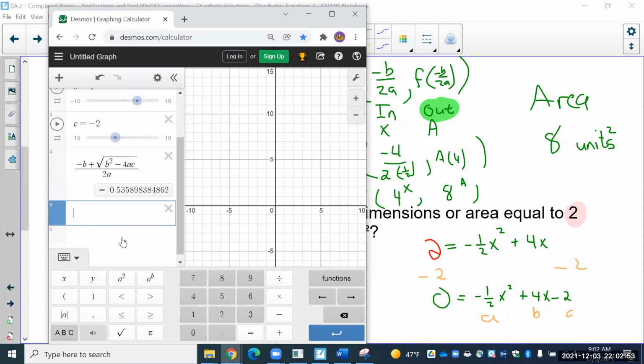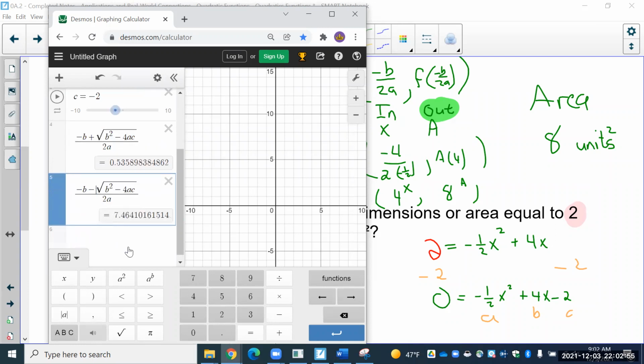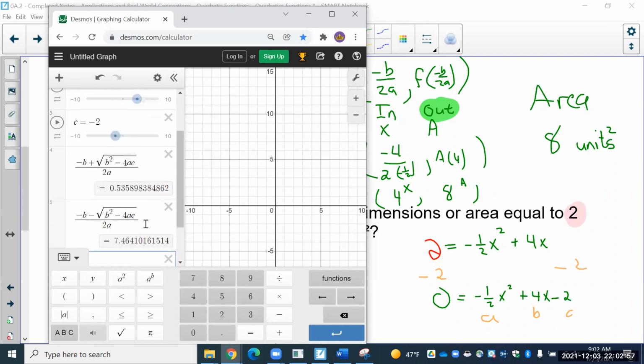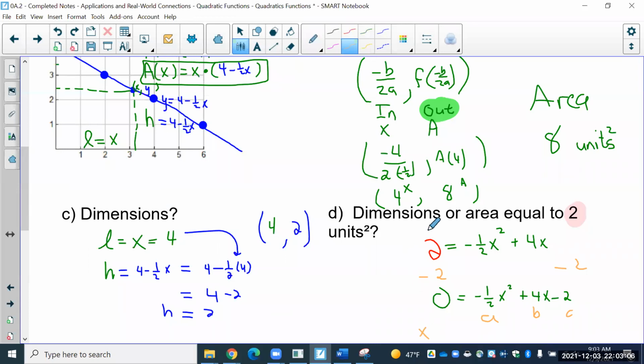And then if I copy it and see if I have a negative, there might be a second one. So there actually are 2 answers. I have 2 choices for these dimensions. But you have to understand what you're actually getting here, right? So one answer is X is, oops, wrong color. One answer is X is equal to